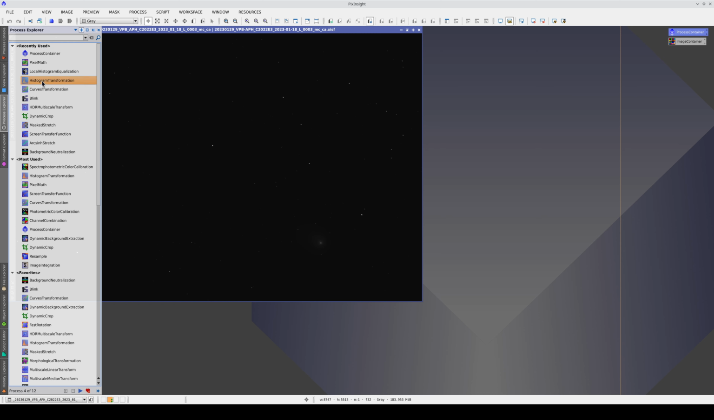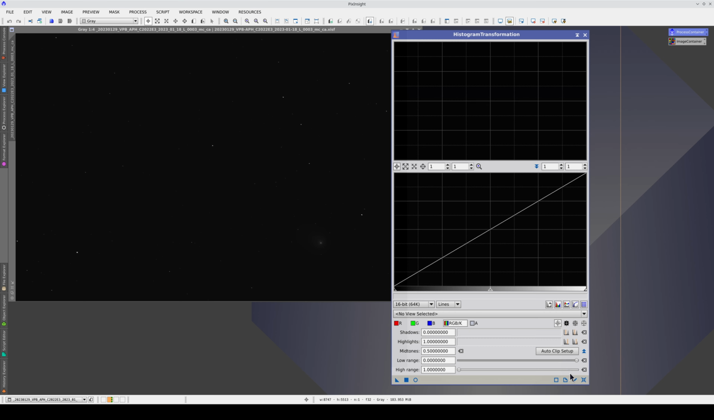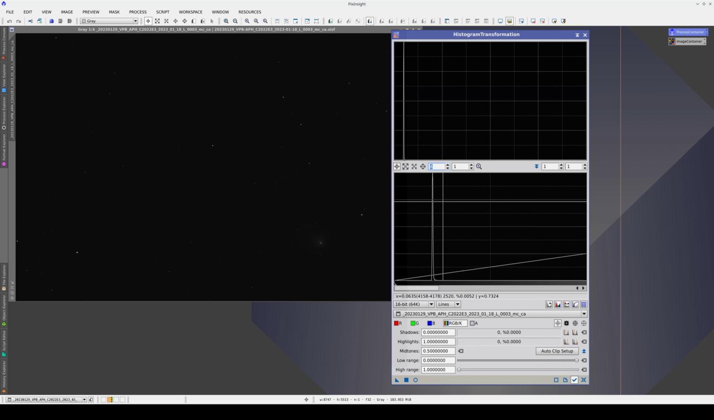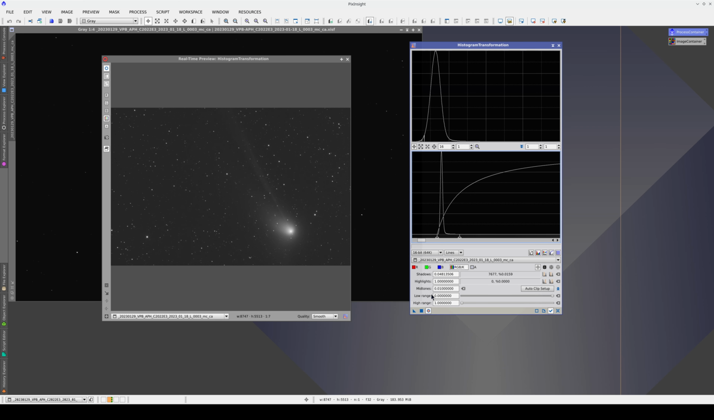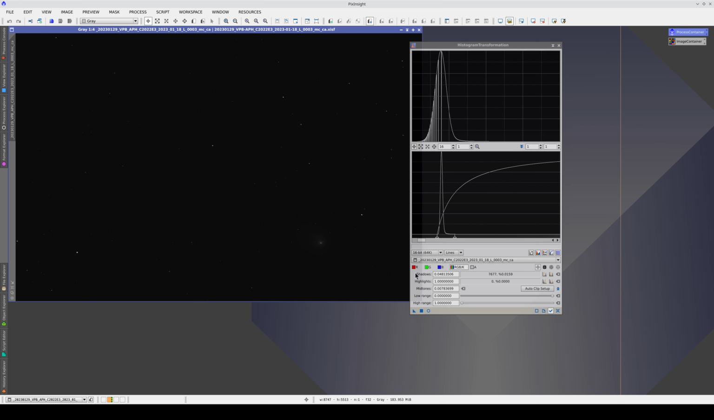First, we're going to stretch the image. Let's zoom in to adjust the shadow's clipping point. And, as usual, we give the midtones a low value. We can open the real-time preview to see what we're doing. We apply the process,